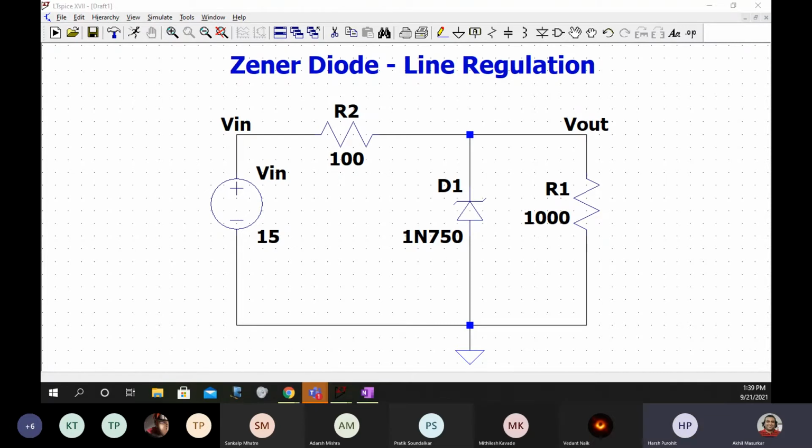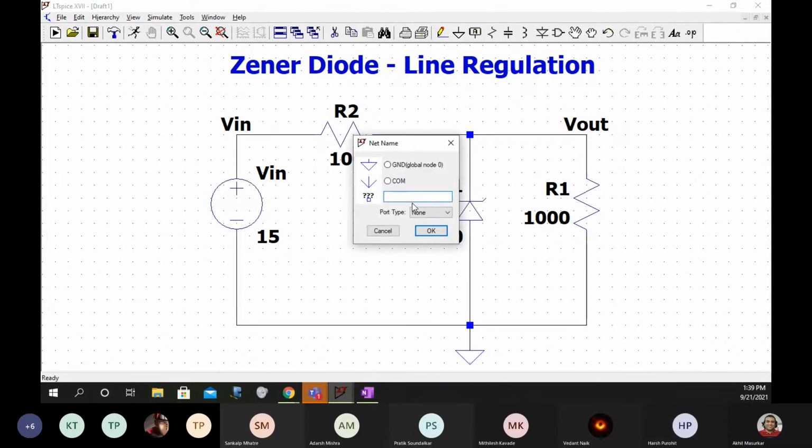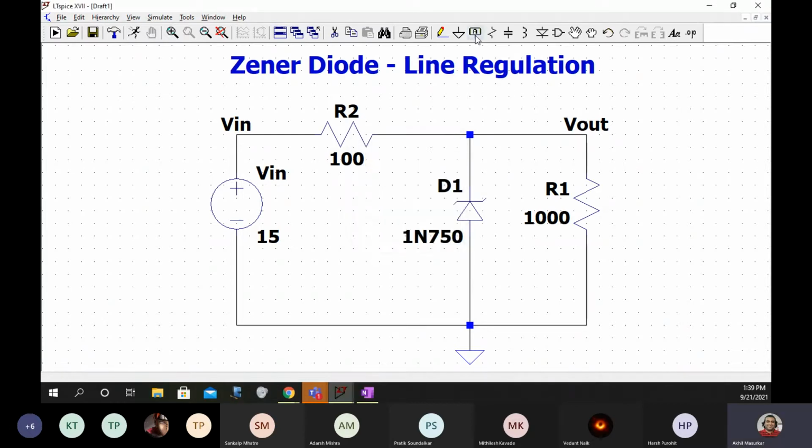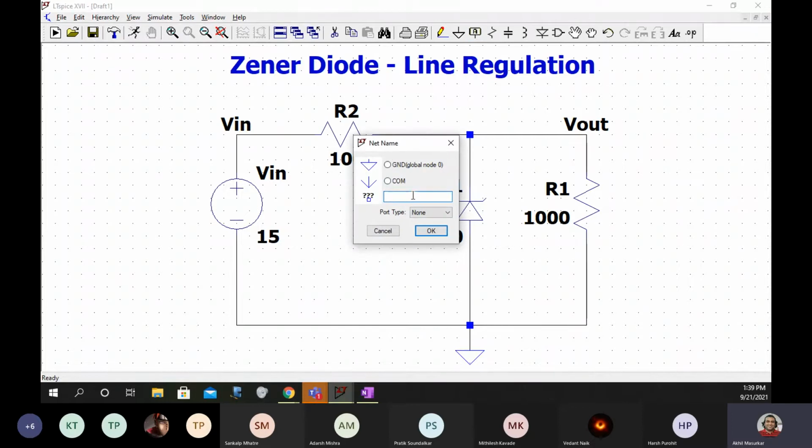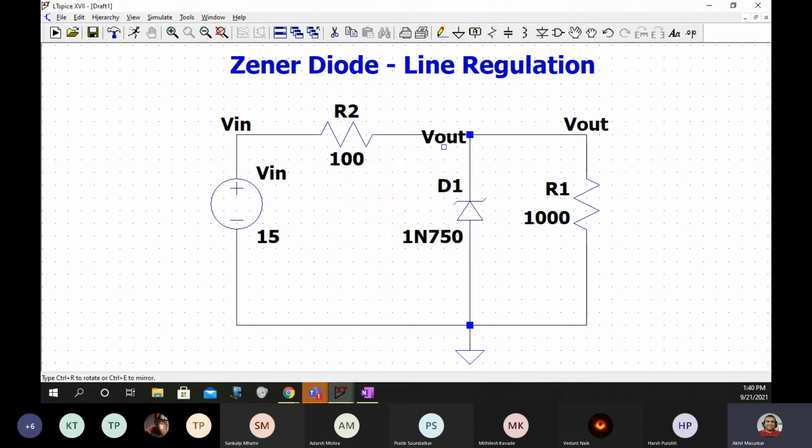Sir, can you show again how you named V out and V in? So you can go to label net, then this option will open, and just click the wire which you want to name. Okay, sir.